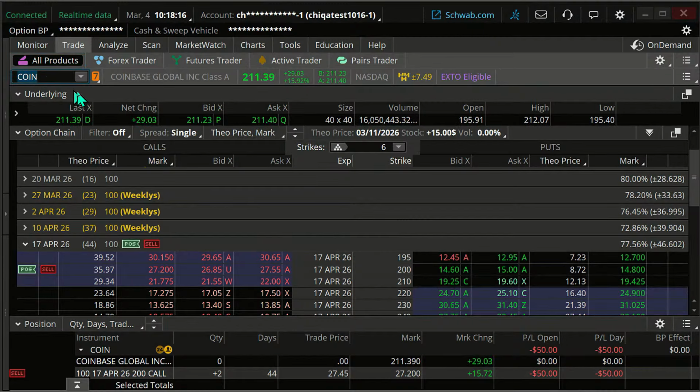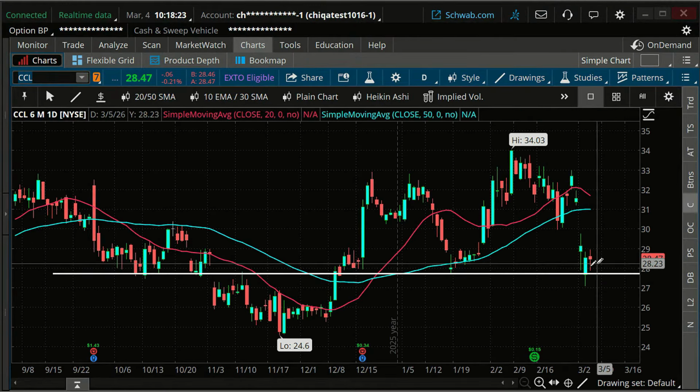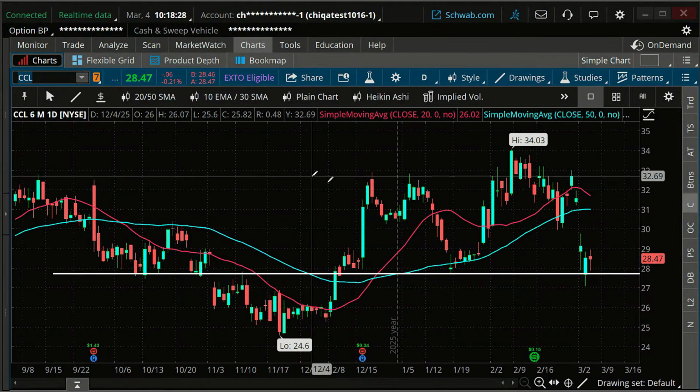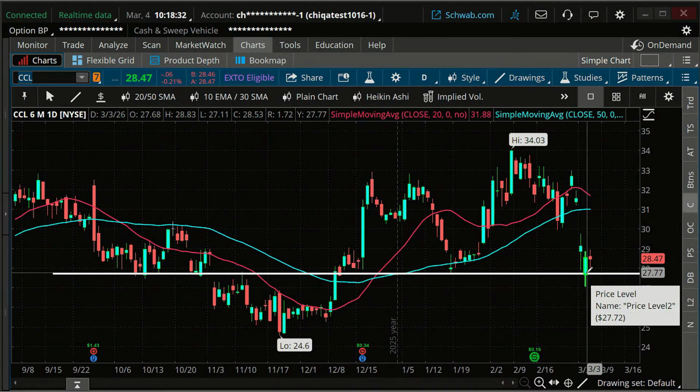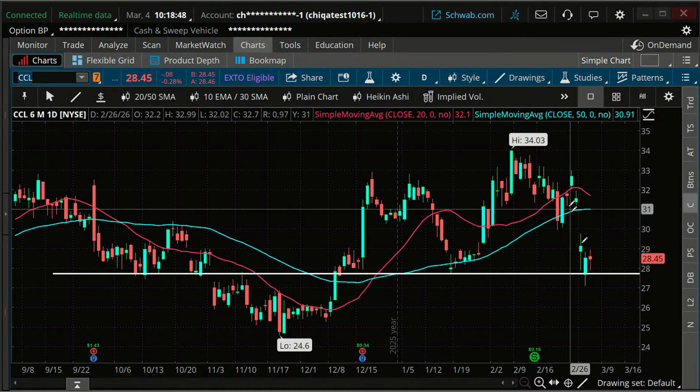Now, let's look at a different example here, and we're going to do it based on Carnival. Okay, so here's Carnival. Obviously, it took a hit. Concerns with Carnival Cruise Lines. This is the cruise ship with possible impacts on travel, well, two impacts. One, travel. Are people going to travel as much with war? And oil prices can certainly affect the cost of running. Cost of crude oil can affect the industry as well. So it took a big drop.